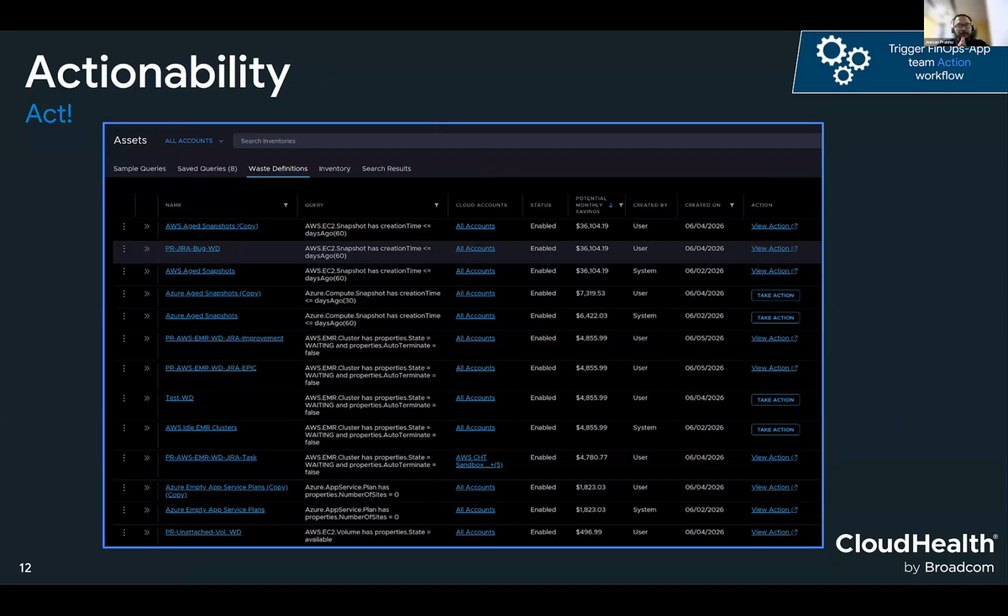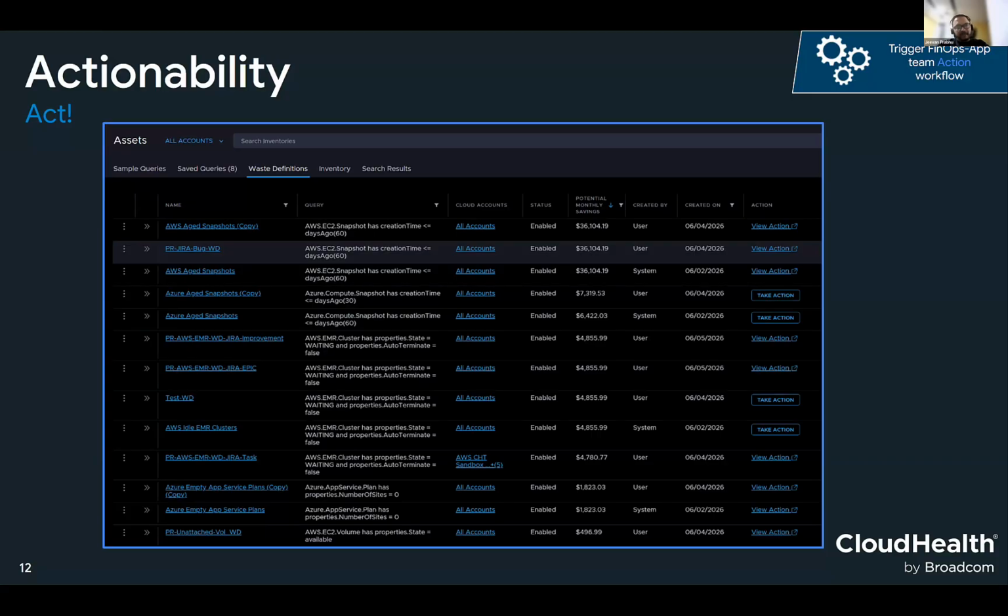So for beta, we are starting with waste definitions only at a top level. We started this way because this flow right now is practitioner driven. I'm sure in big organizations, practitioners will be at a specific BU or sub-org level, in our FlexOrgs terminology.